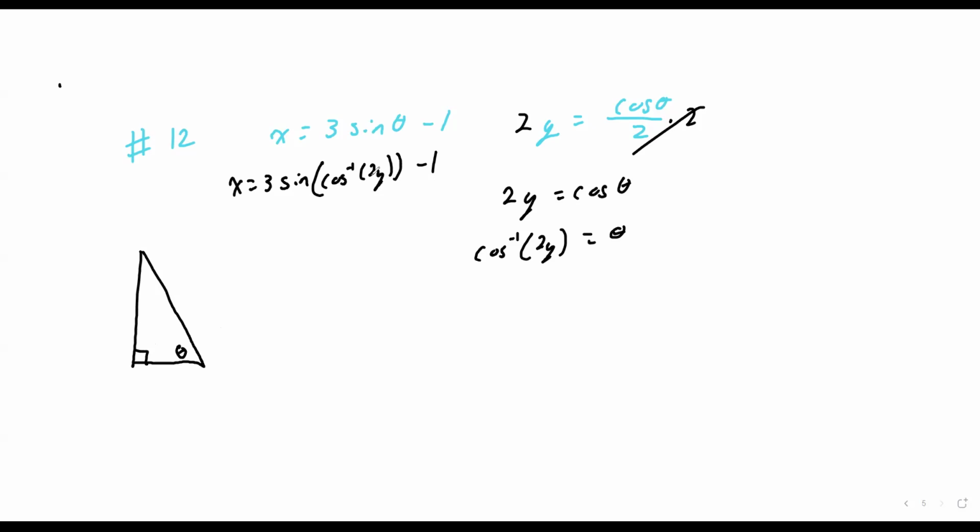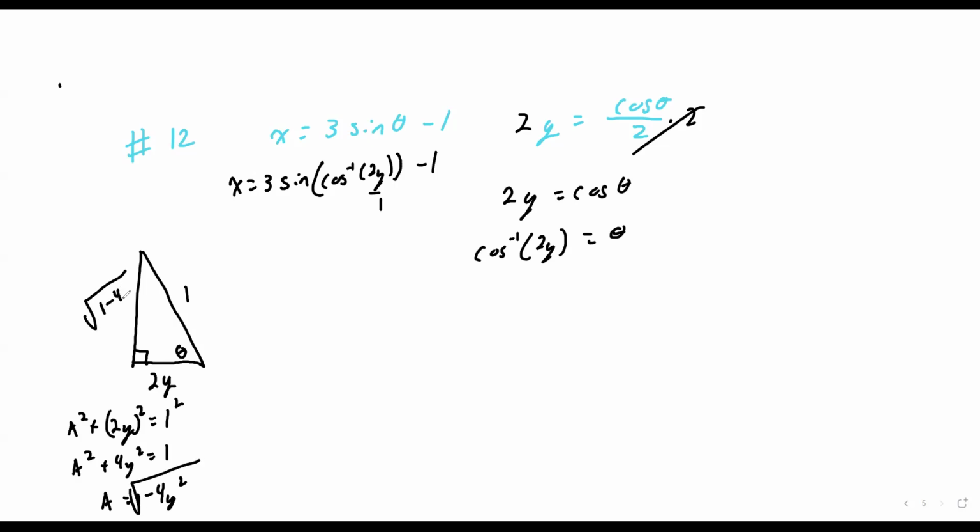Remember, cosine is adjacent over hypotenuse. So that means this is 2y, and then the hypotenuse would be 1 because you can just put it over 1. So then if I do some a squared plus b squared, I would get a squared plus 2y squared equals 1 squared. So that's going to be a squared plus 4y squared equals 1. And then a would be 1 minus 4y squared, so I'll subtract it, and then the square root of that. So this gives you the square root of 1 minus 4y squared. So therefore, when you're then asked for 3 sine, sine of this is opposite over hypotenuse. So this now becomes